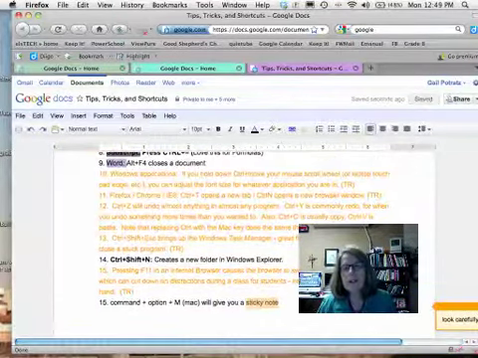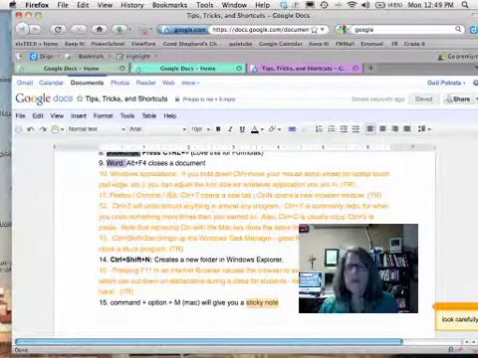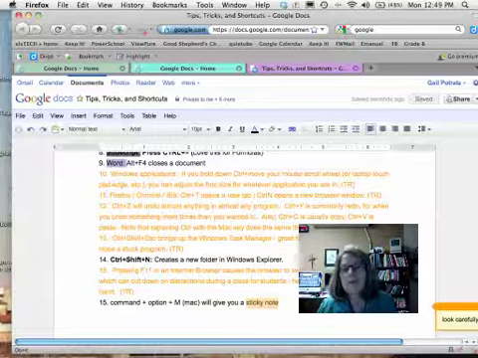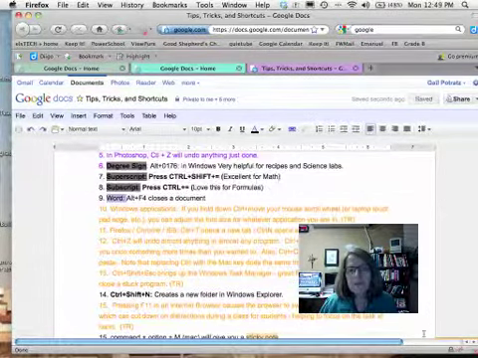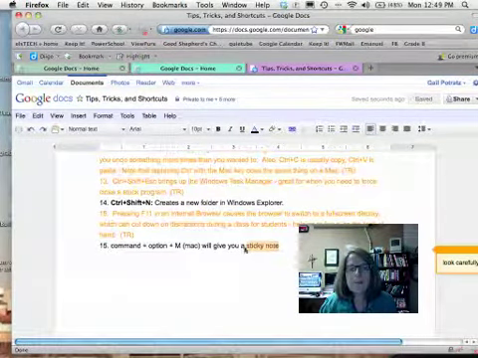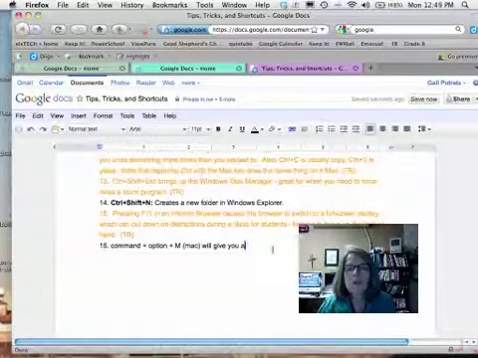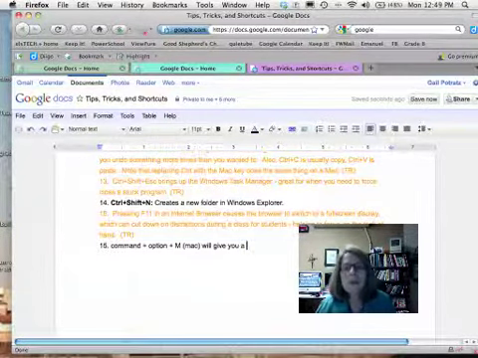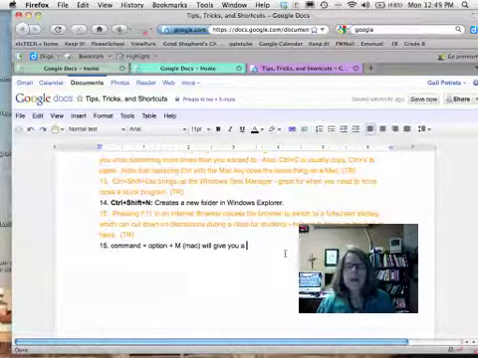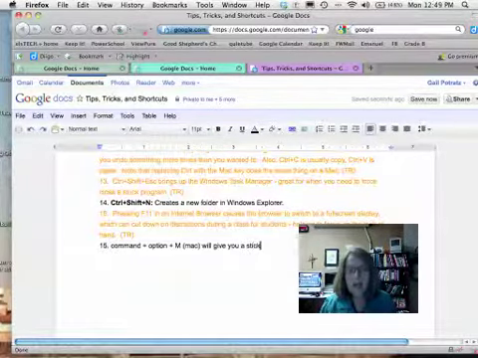This is really a good shortcut for me because I do work with my students with Google Docs and want to comment on their work in very many ways quite frequently. If you want to get rid of the sticky note, then you need to go back up and just go ahead and get rid of the words that it's attached to, and your sticky note will go away. So that would be a tip that I would have